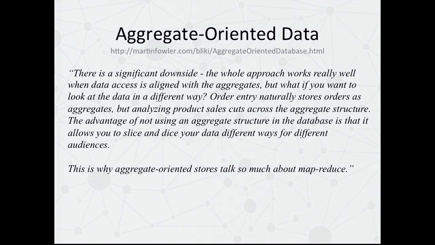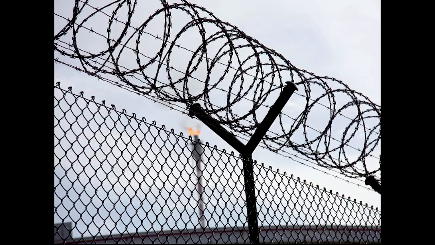But where they work less well is when you want to dice that data around, when you want to not just look at storing and retrieving customer documents, but you want to mix customer data with product sales data and regional data and all that kind of stuff that you'd expect to do in a typical analytics scenario. These things switch from being databases to being compute servers. You end up having to extract your data out of the database, prison break it in effect, run it through your processing infrastructure, your Apache Hadoop infrastructure or whatever, grind it through the sausage machine, and then out comes some insight. And that's fine, right?